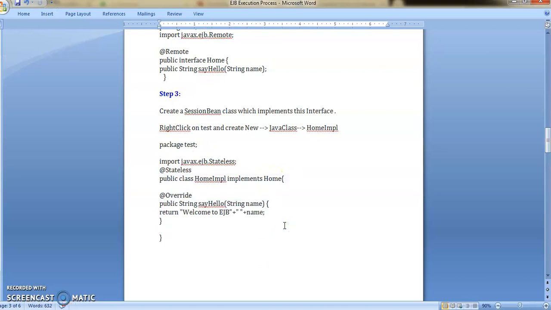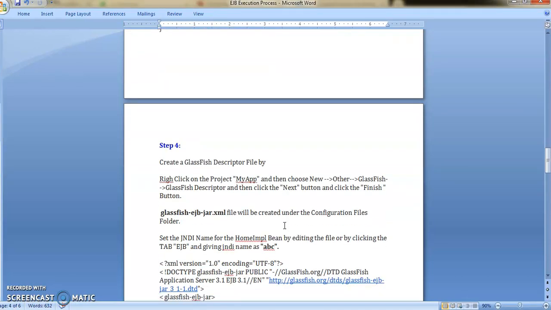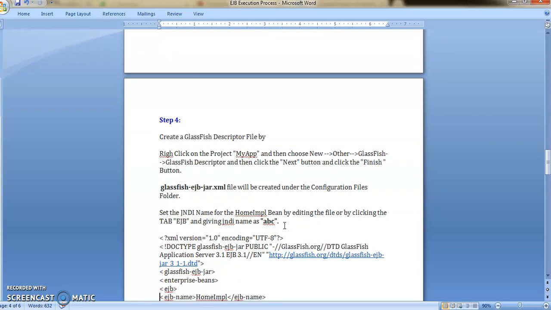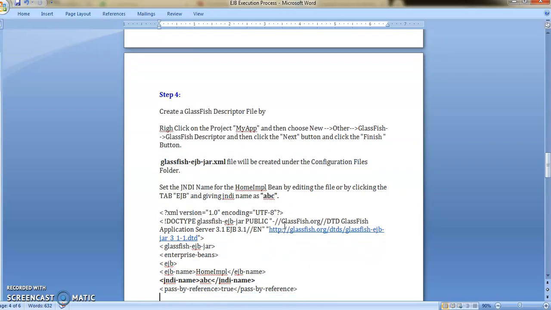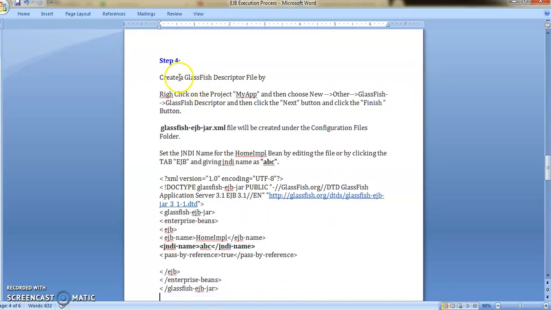Next step we have to create the client. Before that we need to create the deployment descriptor, where you can specify your EJB features and parameters. So the next step is to create the Glassfish descriptor. This is also called the deployment descriptor. For that you need to right click on the package name and then choose Glassfish descriptor. Then no need to give any name, automatically the name will be taken, and this is a unique name. It will be only one file for a particular EJB. You cannot change the name, you cannot create one more file. If you are able to create, then the project will not get deployed or it will not build successfully.